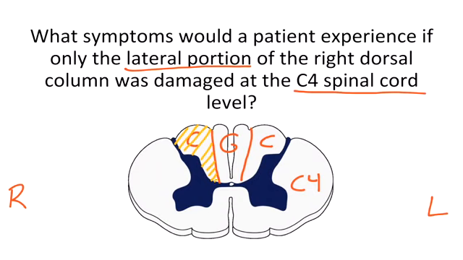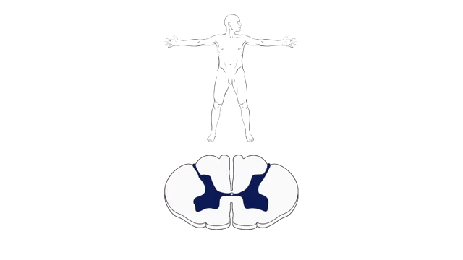As we discussed on the previous slide, anything below this lesion on the ipsilateral side will experience loss of vibration and proprioception. However, if the medial portion was spared, as in this case, that means that some tracts are fully functional. So as I've written here, with a G, the fasciculus gracilis is spared on both sides of this patient. So this patient